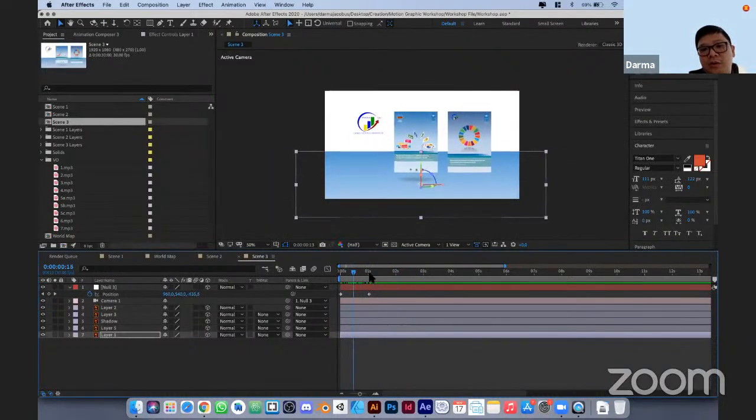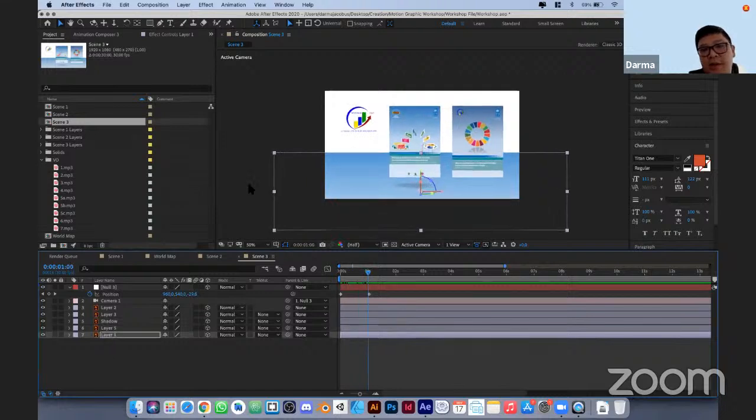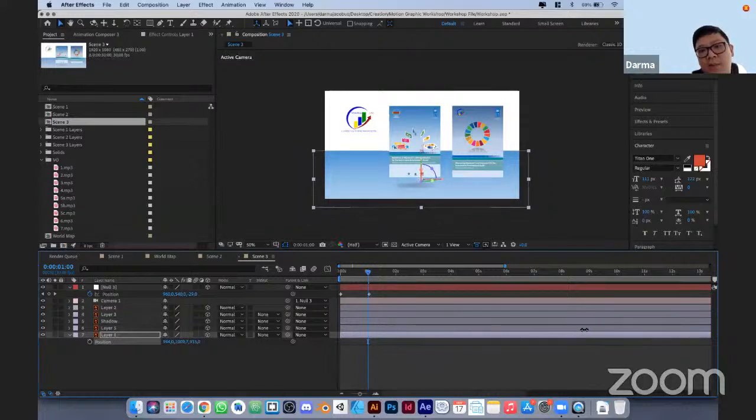So to make that, we go to layer 1, that is this background, and hit P. And we want to make the Z value become more or less something like this. This way, when we animate the position of the null object or the camera, it will still be visible when it goes into